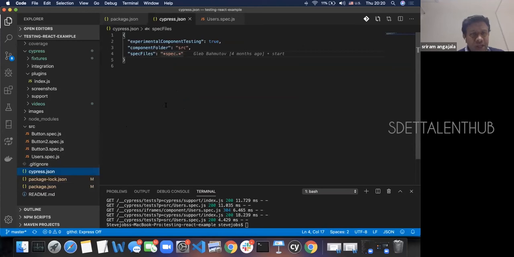Now, the only thing you need to do is enable the experimental component testing feature, set to true. This is very important, because normally this will be false. You need to go to Cypress JSON and set experimentalComponentTesting equal to true. Only then will it work, because it's still under